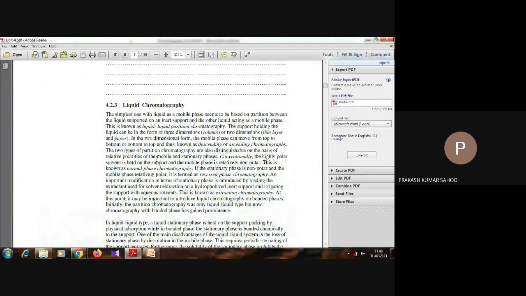So, in liquid chromatography, the simplest one with liquid as a mobile phase is based on partition between a liquid supported on an inert support and another liquid that acts as the mobile phase. So there are two liquids used in liquid chromatography. One liquid is your stationary phase and the second one is your mobile phase. This is also known as liquid partition chromatography, where the force of separation is in the form of partition. The support holding the liquid can be in the form of 3 dimensions, that is a column, or 2 dimensions, thin layer or paper. So chromatography like thin layer chromatography or paper chromatography,